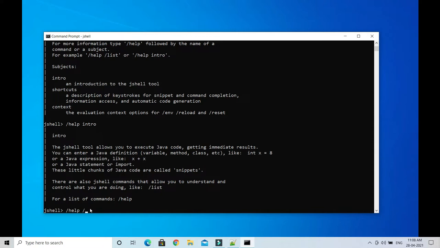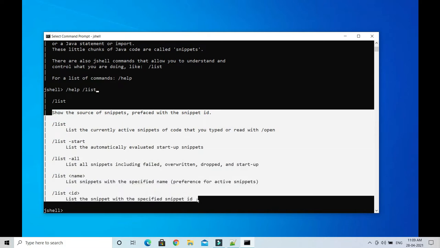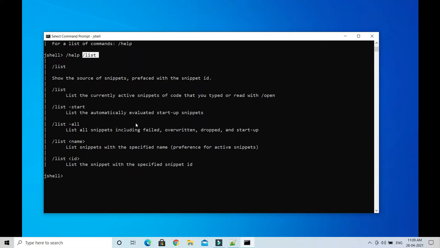Let's say I would like to see the details about the list command. So /help, then /list, and if you press enter, it will give you the description of that single command. When you say /help alone, it lists all the commands, but if you write /help followed by a command name, it gives you the description of that particular command.